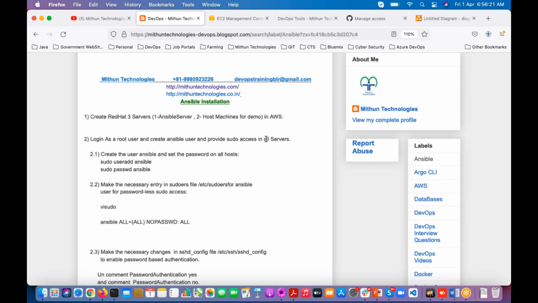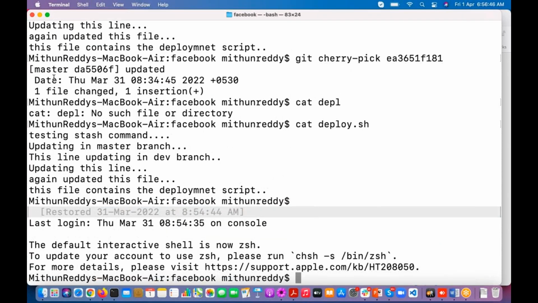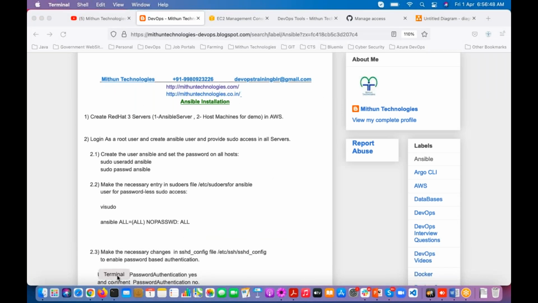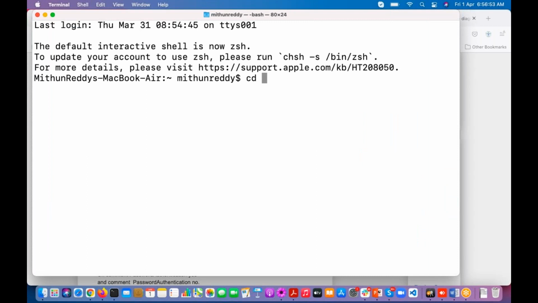So now what we are going to do? We are going to connect to these 3 machines we have created and create the Ansible user. Let me open the putty terminal. Go to the folder where your PEM files are.